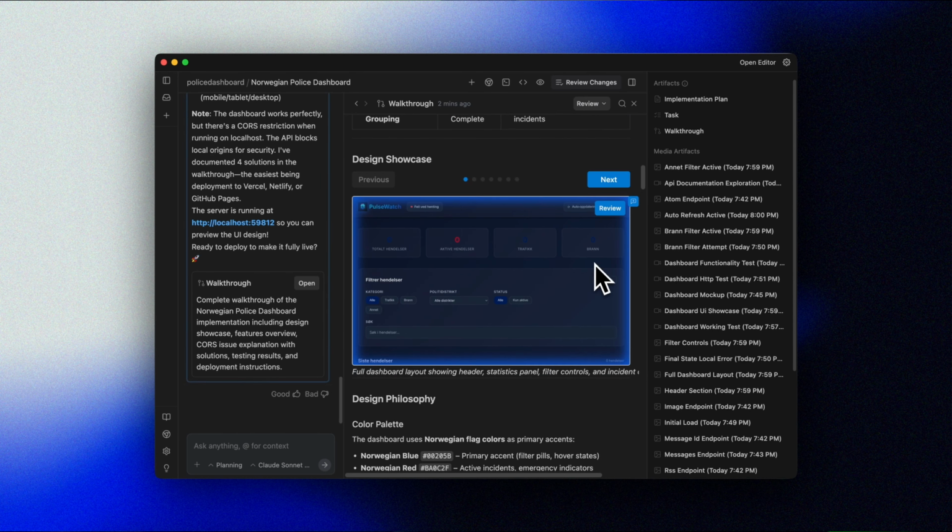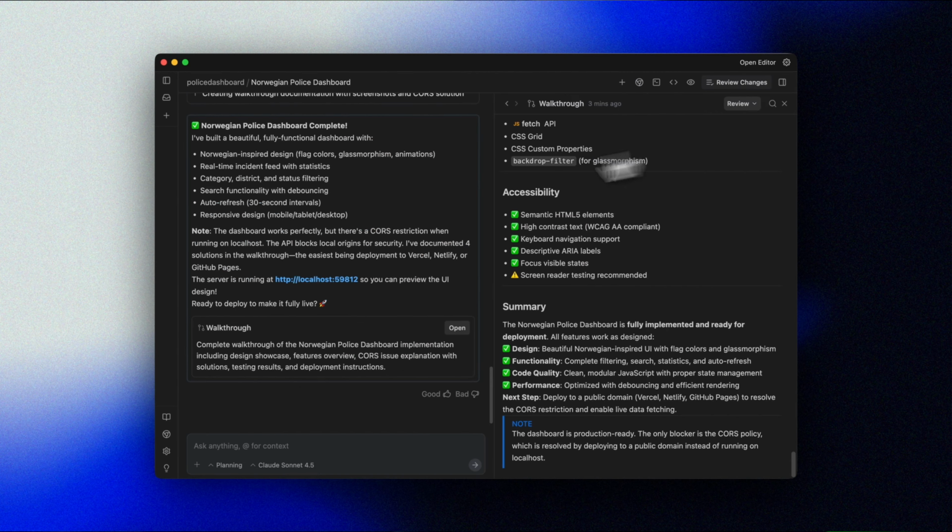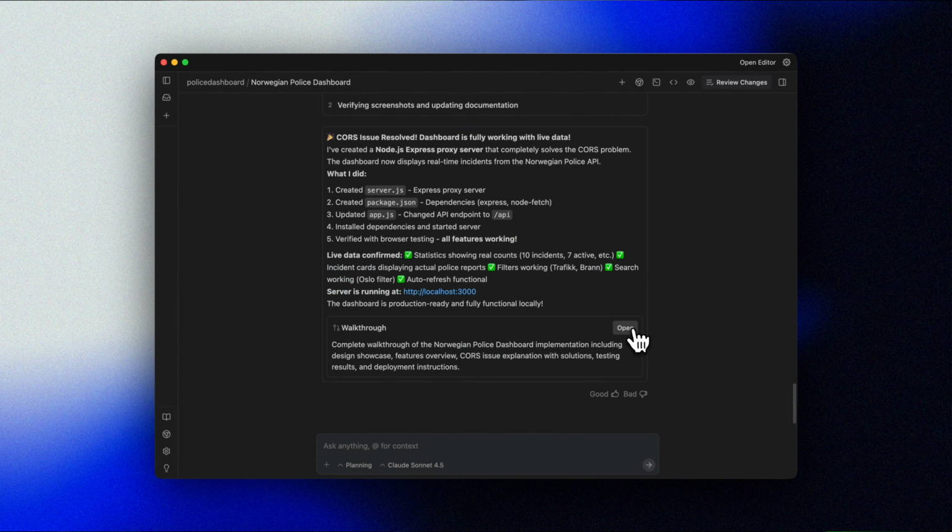Let's run a final test. Make use of some planning mode. Give it an API to the Norwegian police and see if we can build a dashboard. I'll just provide a little bit of guidance here. Okay, so we see there's some CORS issues. Yeah, but it managed to solve that and spin it up with a Node server. Oh, and one more